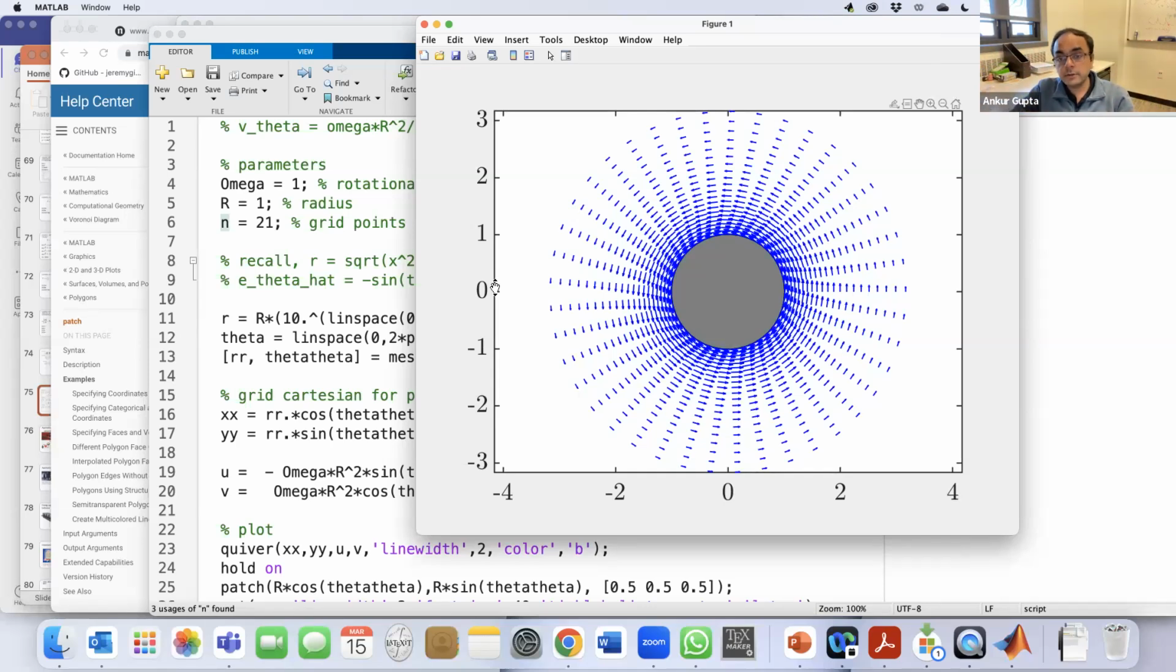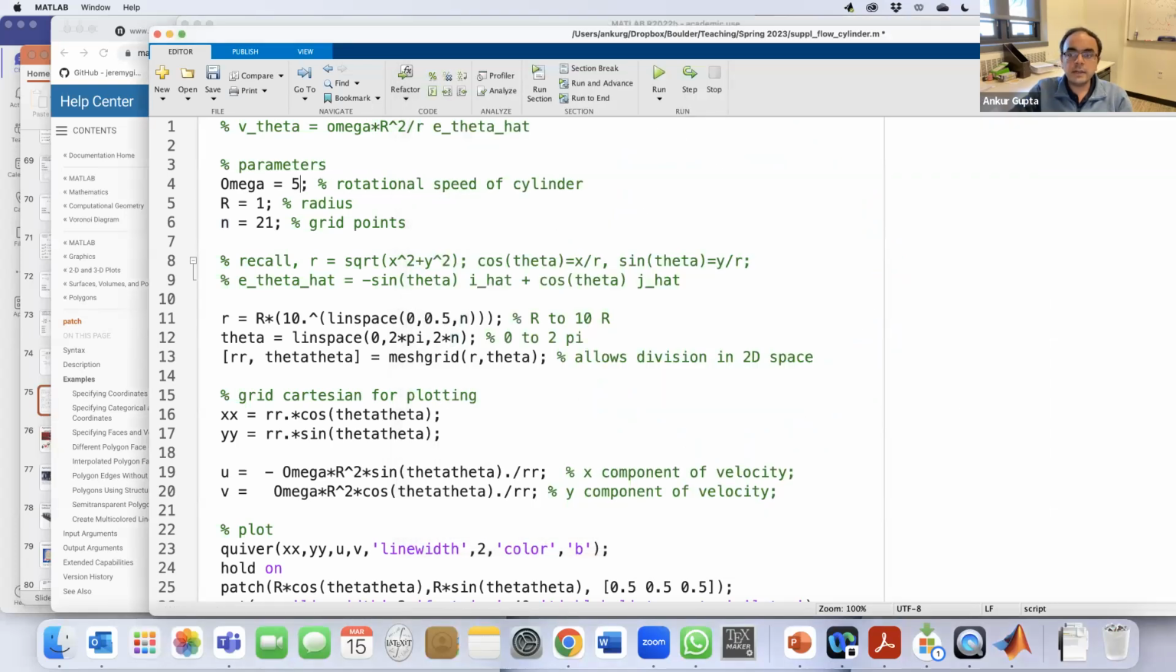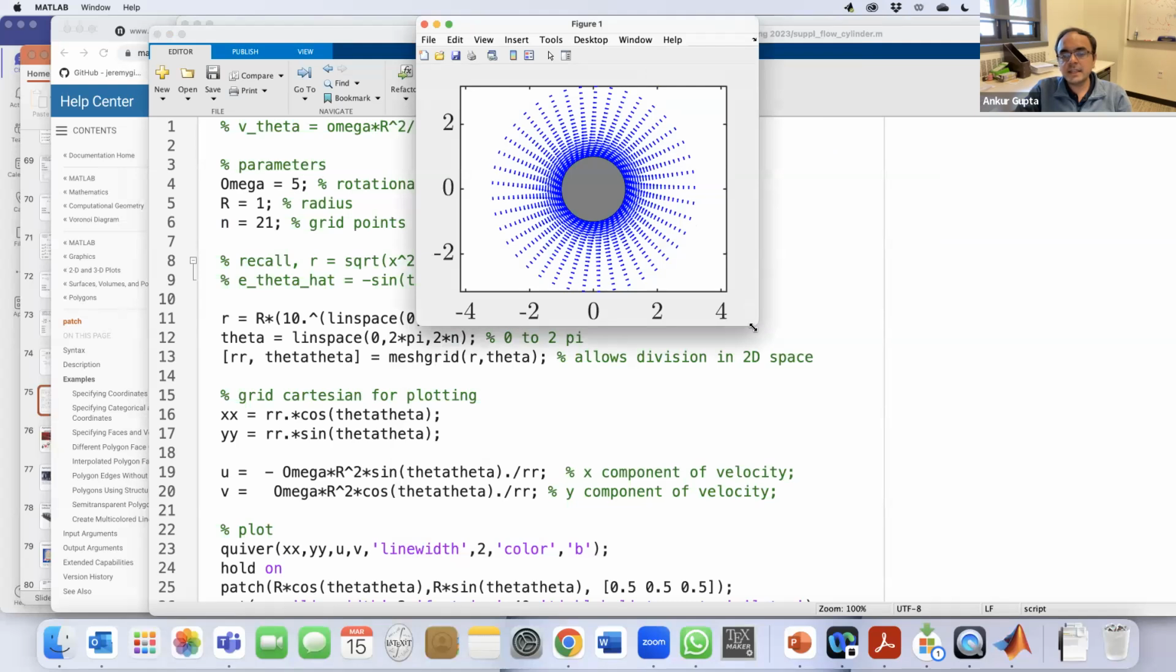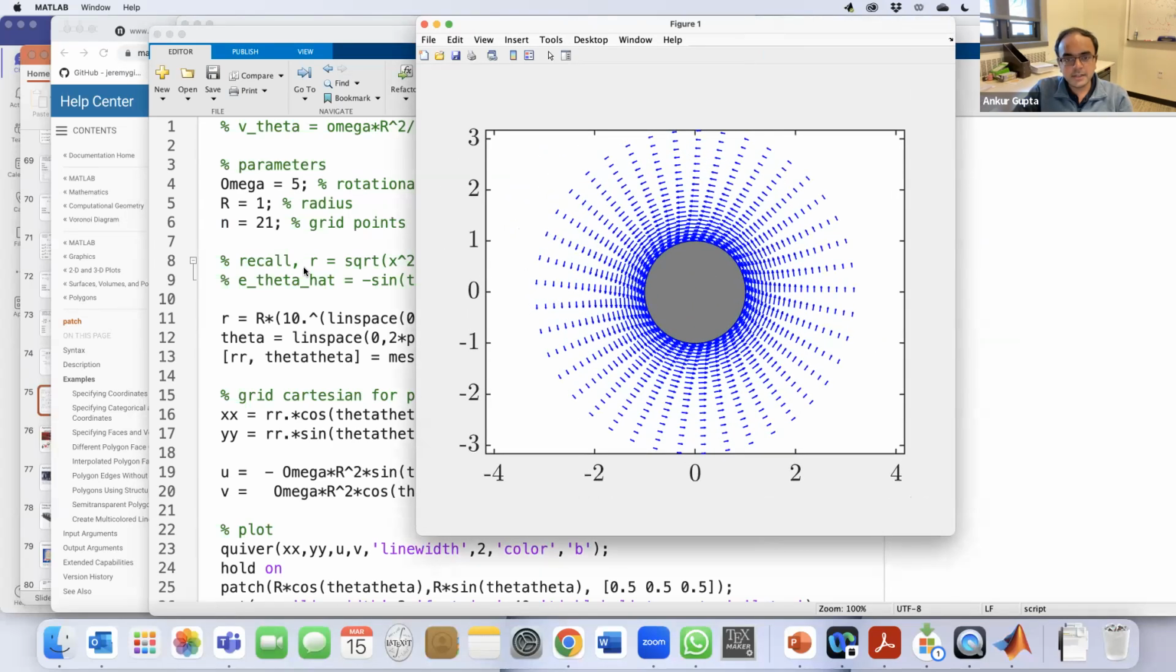By the way, we can try to change a few things here and there. So this is for a radius equal to 1 and omega equal to 1. So what if I make omega to be 5, right? So if I make omega 5, I should expect all the lines to become bigger. And I think it scales, and so this might be a little bit